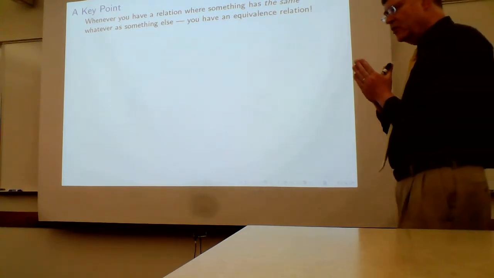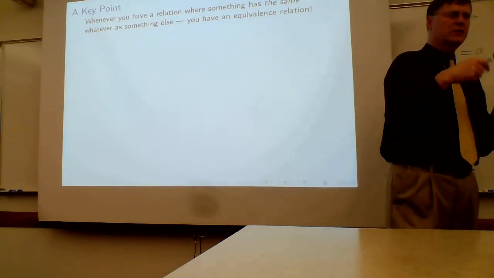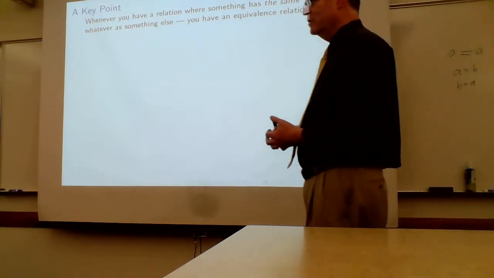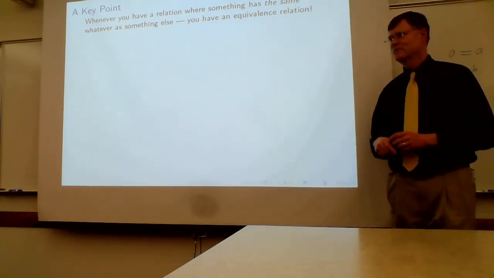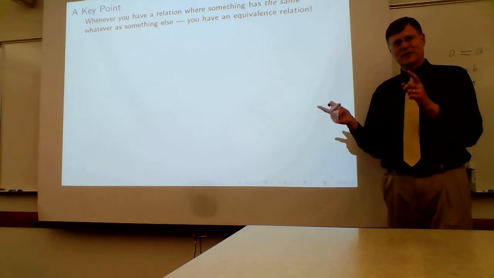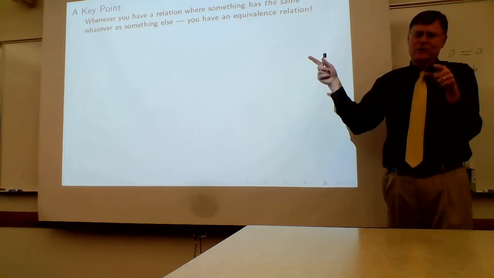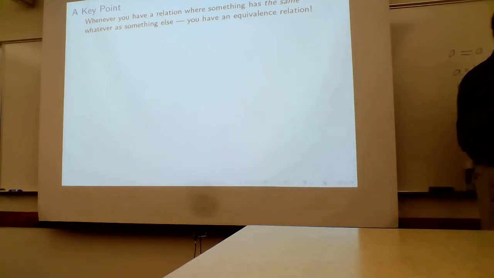So Rosen's example of identifiers, variable names in older versions of C. You could have the variable name as long as you like, but the compiler only cared about the first 8 characters. So they essentially had a function that took the variable name and chopped it into 8 characters. Take the first 8 characters.